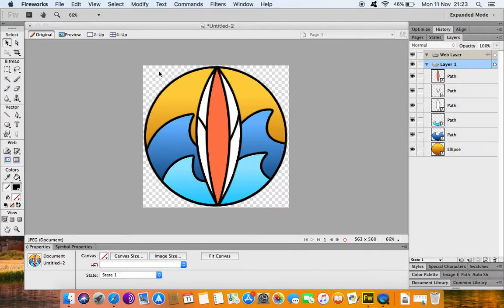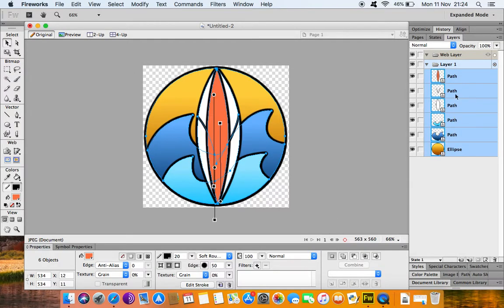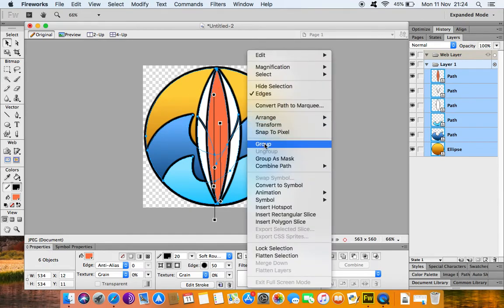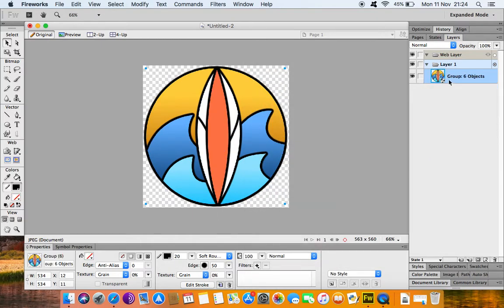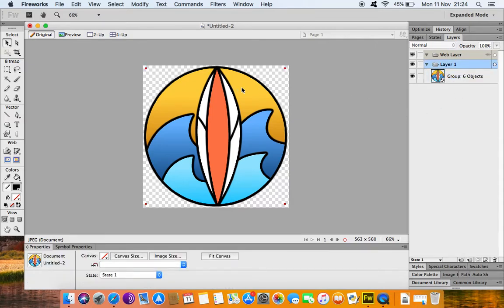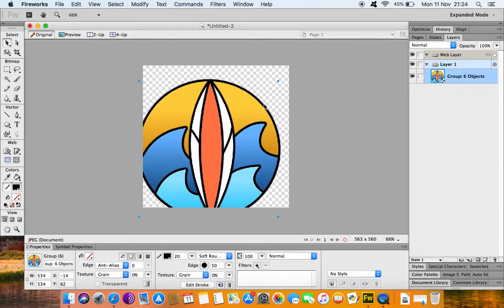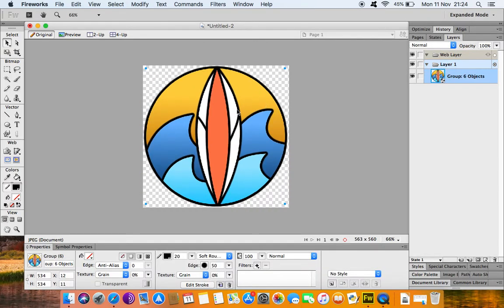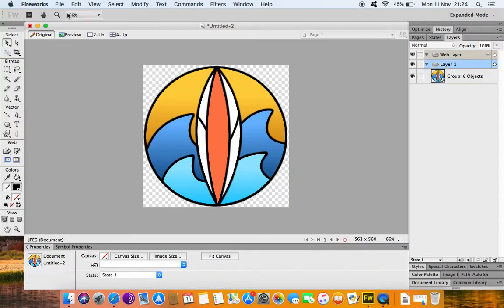together so it's ready to be copied and put into our header. So to do that, pointer tool and select everything like this. And you can see then on the right hand side, all my paths are selected. Then just right click on the image and group. And as you can see on the layers panel, it says group and it's given it a number. 6 objects, group of 6 objects together. So now if I try to move this, you can see it's one piece, which is handy to be able to do. Okay, so I'm going to leave that for the moment,